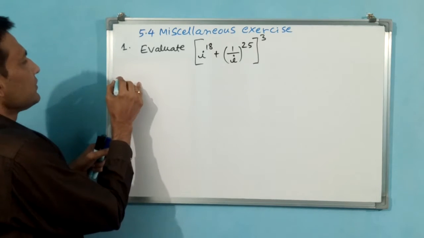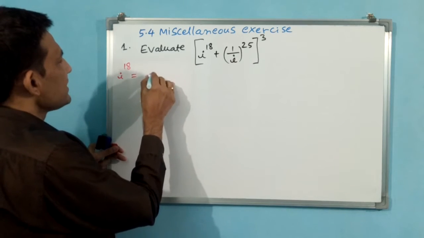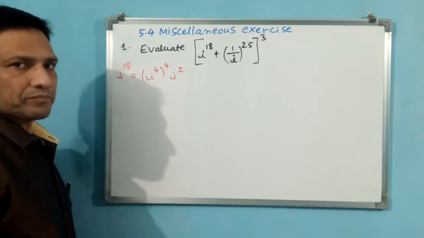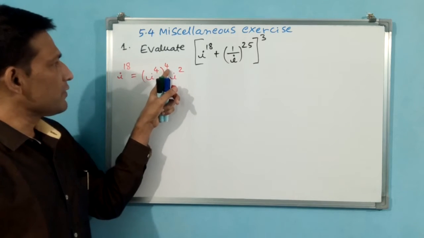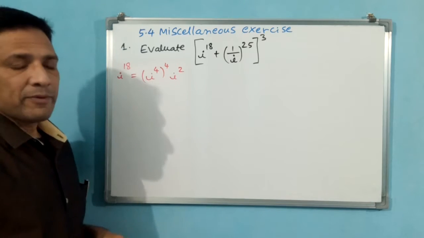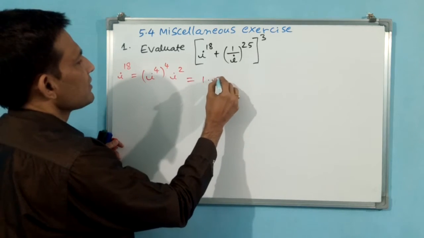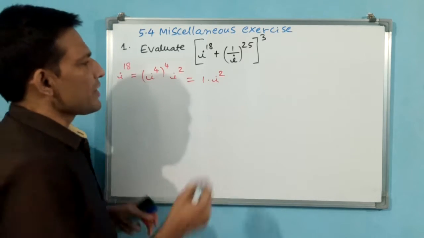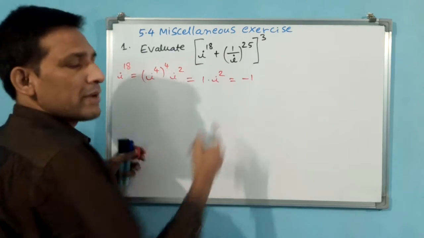I power 18, I am doing separately. How can I split this? I power 4 whole power 4 into I square. Is it okay? See, 4 into 4 is 16, 16 plus 2 is 18, 18 is going to come. Why I power 4? I power 4 value we know is 1. That is equal to 1 into I square, because 1 power 4 is 1 only. 1 into I square. I square value we know is minus 1. That means this value has come minus 1.